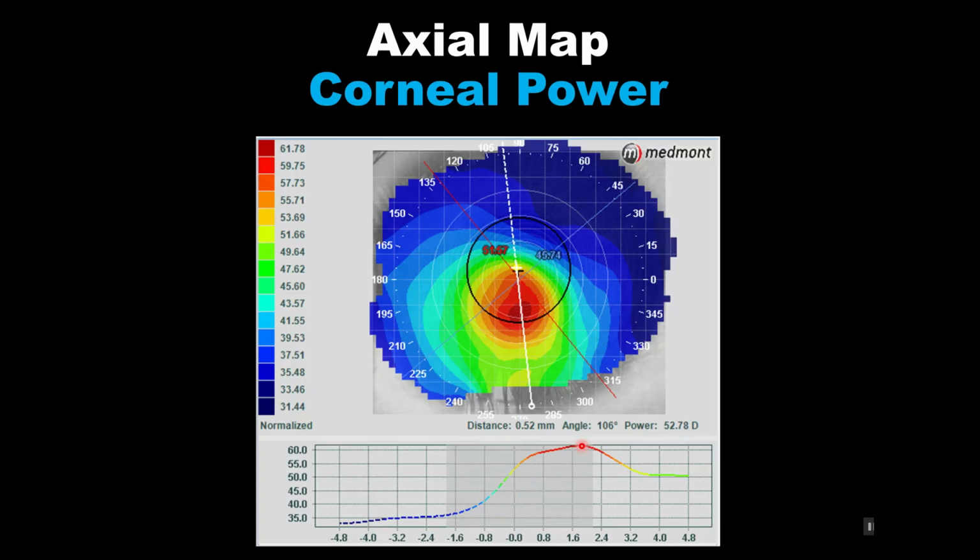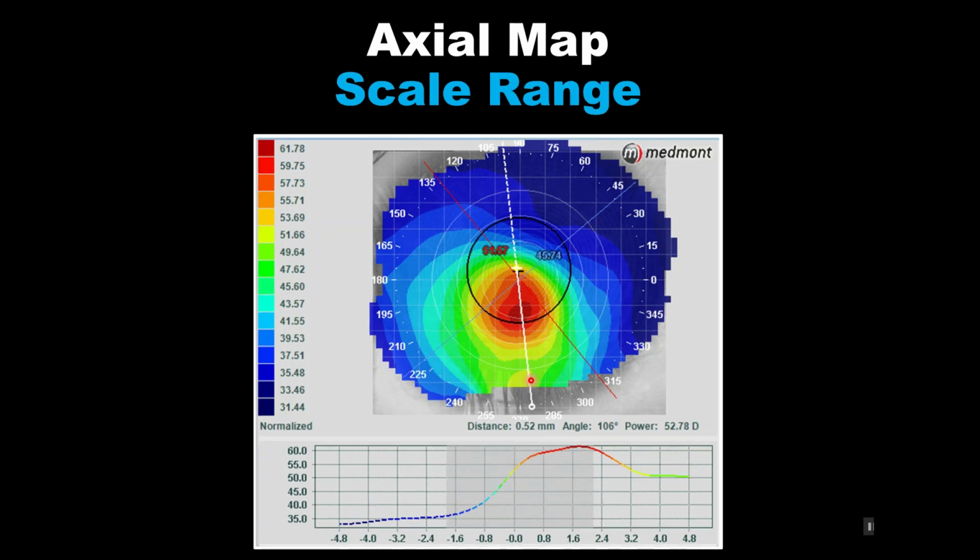Here we have an axial interpretation of this keratoconic patient. And what does the axial map tell us about this eye? Well, we could focus in on this gray area here. This is describing the powers within the pupil, across this axis where the white line is. Now, if we were to focus in on the most curved portion, 61.5 diopters,